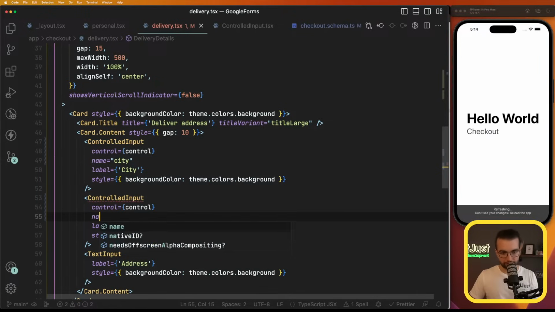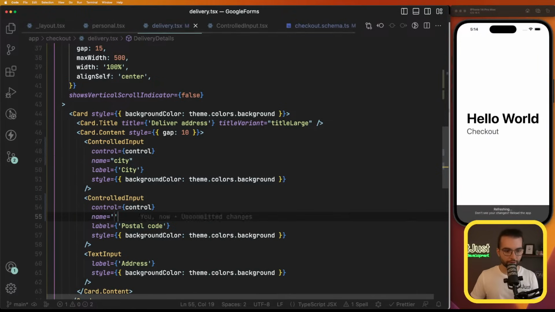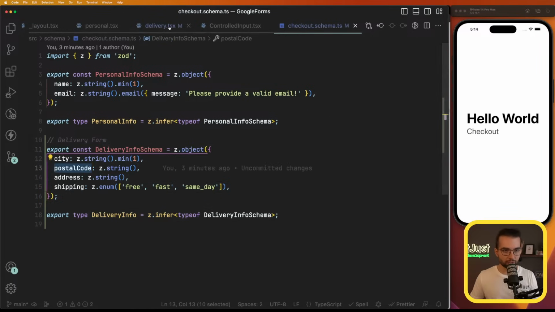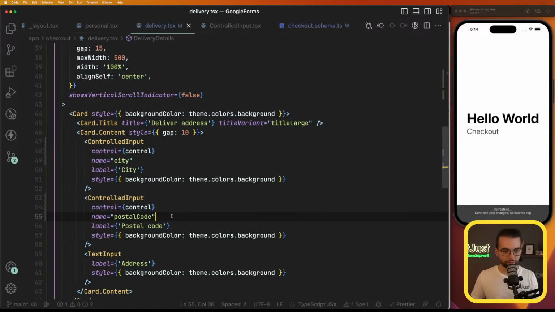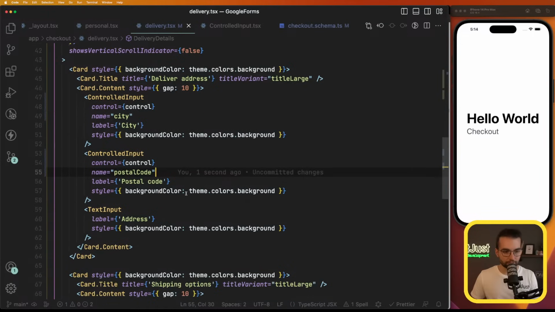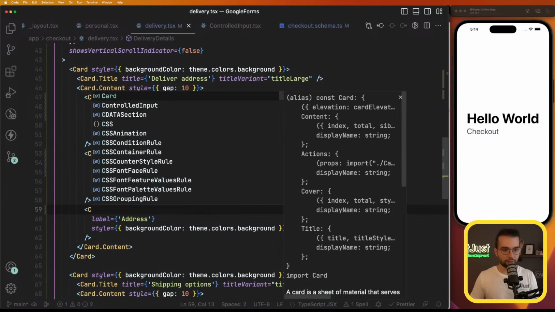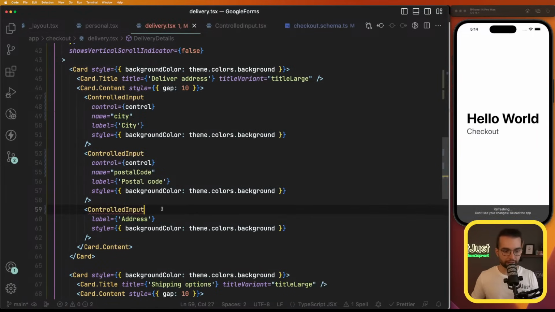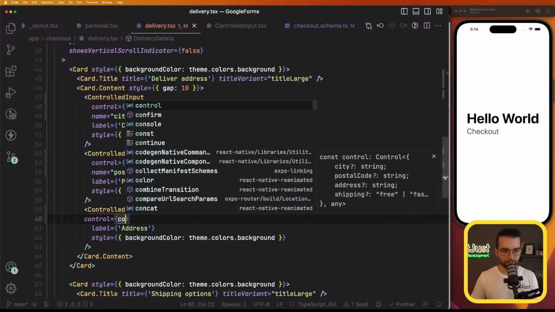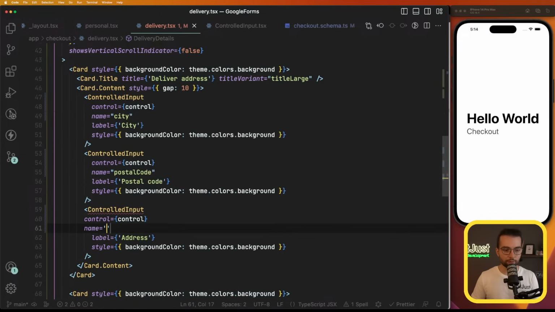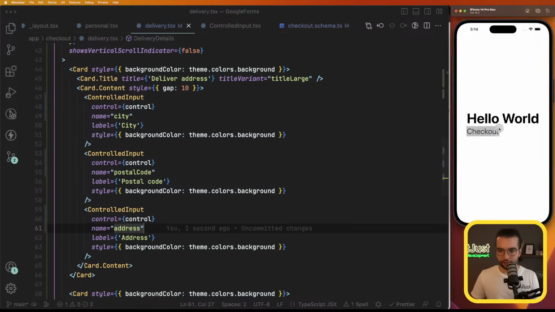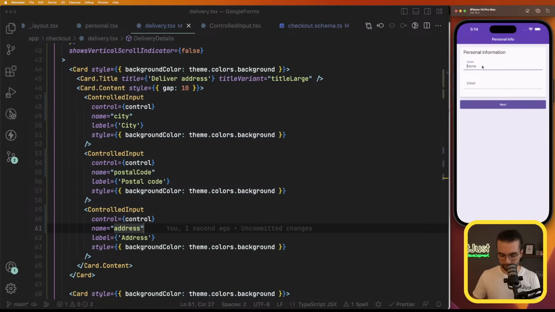And for the name, we have what's the name in our schema? Postal code, like this. And lastly, this one is also a controlled input for the address. Send the control there, and the name is going to be address. Now if I go to checkout, if I give some values here,